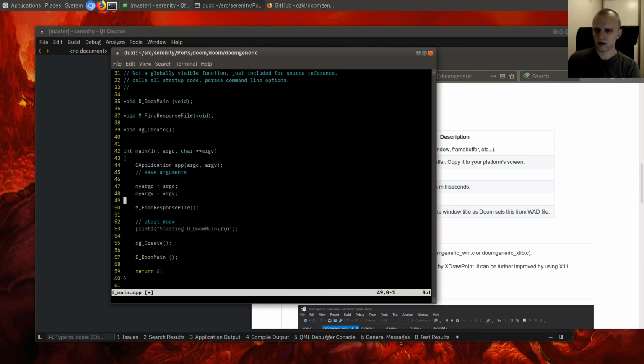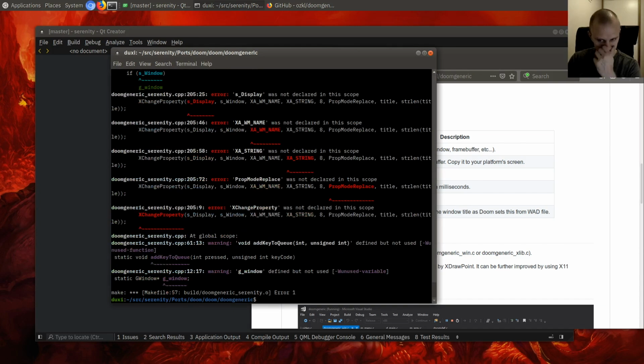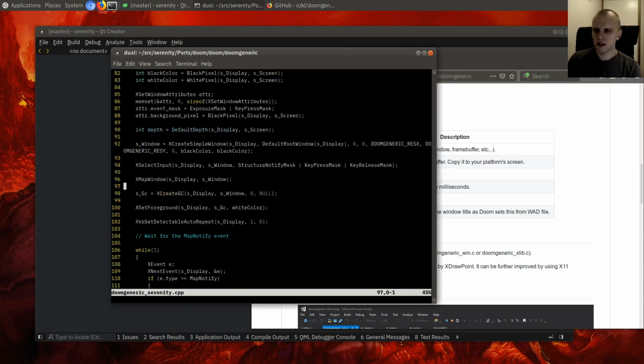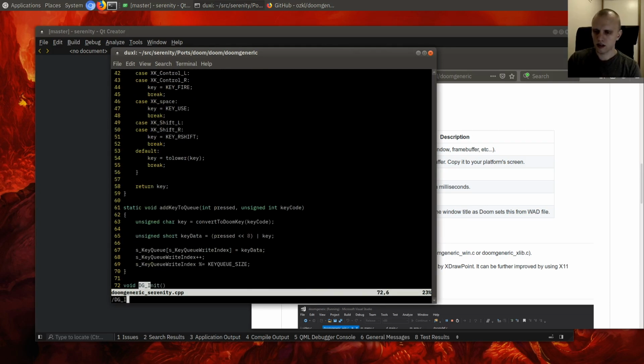D2 main. So the trick here is just to get the application up, because that means that we will get an event loop, like a main event loop, and then we want to use that to drive everything. So the rest of it's not so important. Whatever happens, we just want this thing to be alive always, so we know that it will be alive as long as main runs, as long as main is on the stack. So yeah, there we go. Serenity. Okay, now